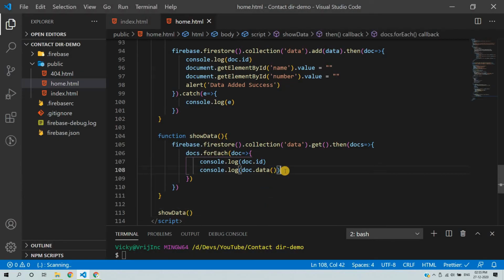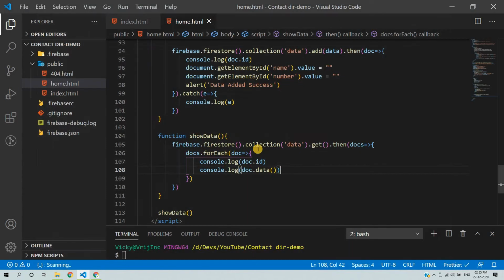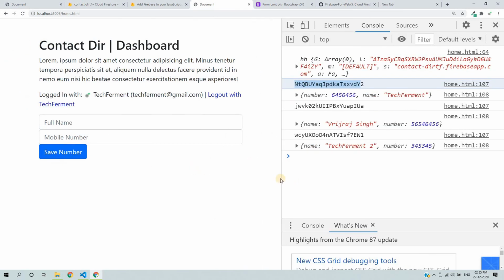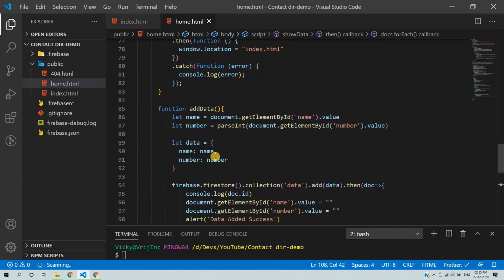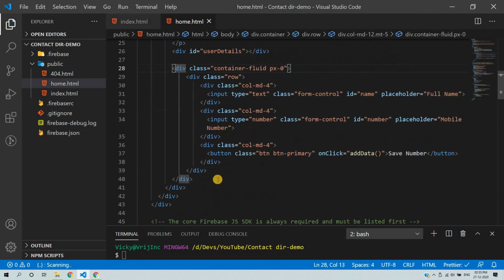Okay, so I wanted to print the entire logic, like this JavaScript code or the data, into the UI part. So this is very easy again. So we will create a table. Inside the table we can add data. Yeah, so this is a container.